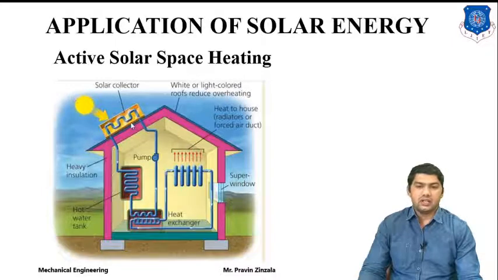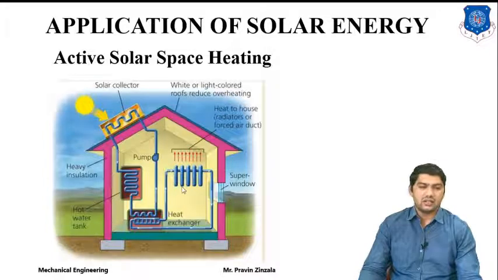Whenever solar radiation is received at the solar collector, the water will warm up and be transferred to the heat exchanger where our space is to be heated. Here in the second system, we also provide a second heat exchanger for heat exchange. Whenever we supply cold air, due to the heat exchange between the hot water and air, we will get hot air. So it's called the hot water system, or the space heating system.